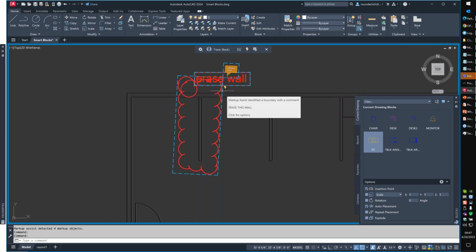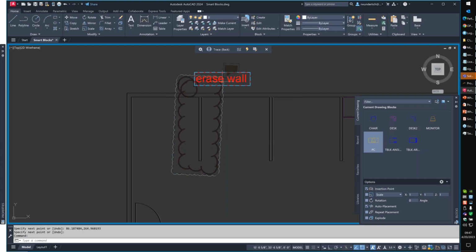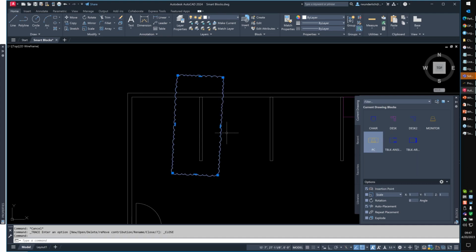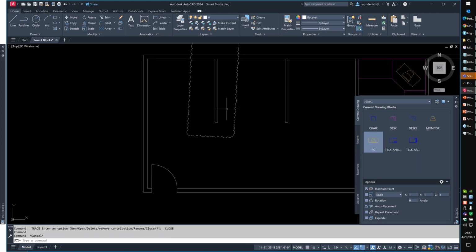And I can come over here, and I see that this boundary that I drew is associated with this. And I can insert it as a Rev Cloud with the comment. And then when I close out of this, you're going to see that there's information right here. You can bring the Rev Cloud in. And if we come in and do